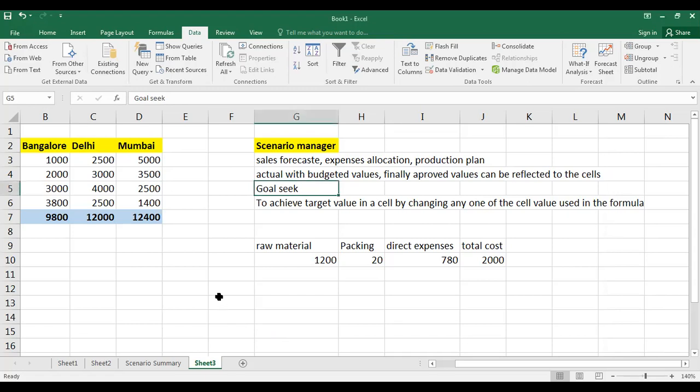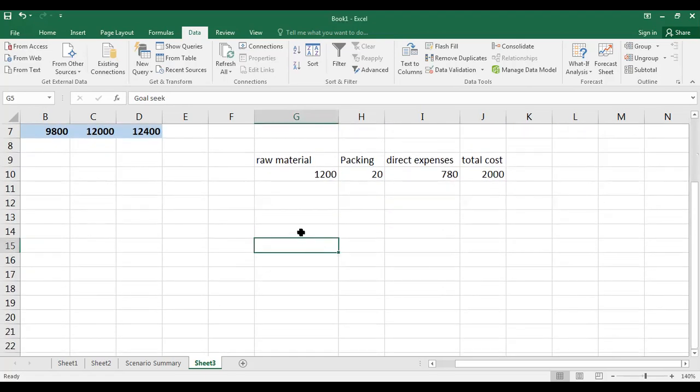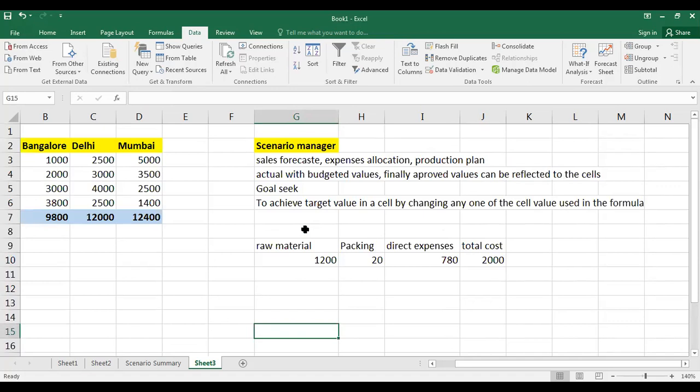Mohammed, Nidhi, Aisha. Simple question I have asked you. What is in G2, that cell formatting I want for G5?